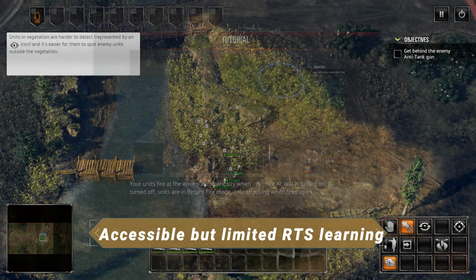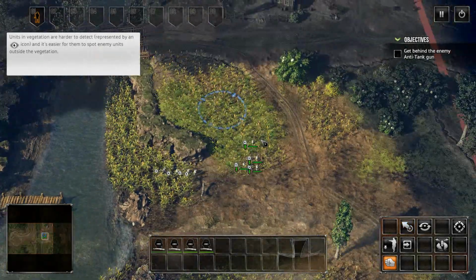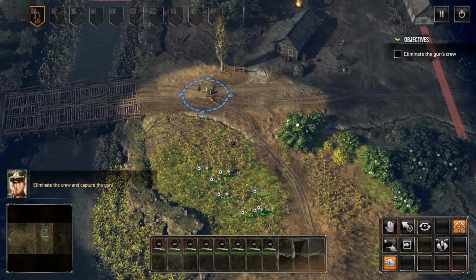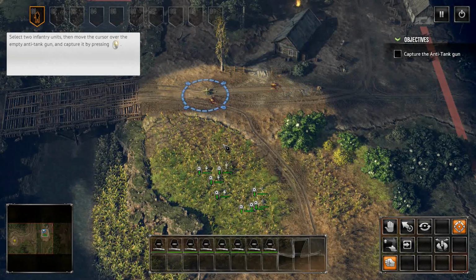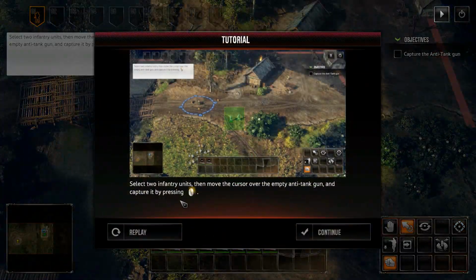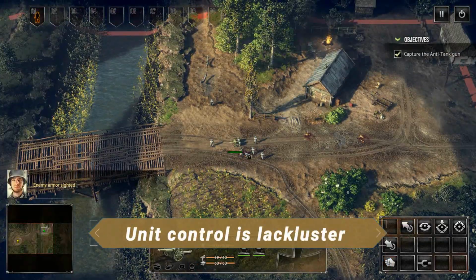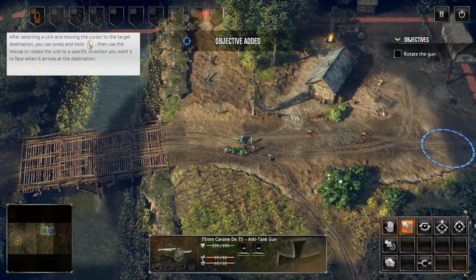The game doesn't have, as far as I'm aware, any kind of camera lock or camera position save mechanic, so you can jump between a lot of important locations. It does have control groups, and it very effectively teaches those, and that's important, but things like splitting units, effectively moving them, and also, to a degree, it doesn't necessarily teach a lot of flanking things as well,